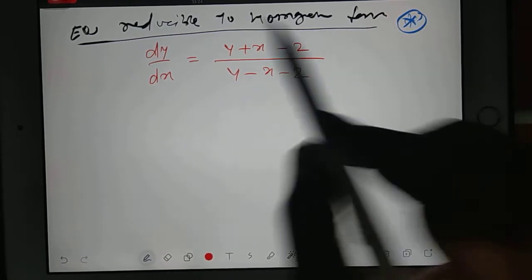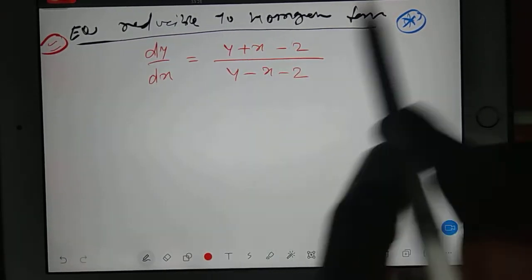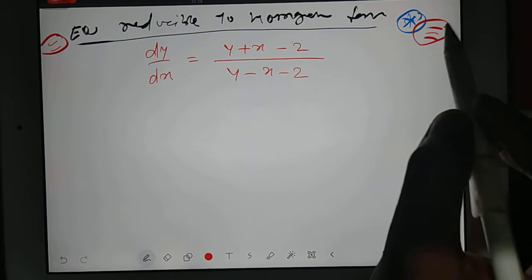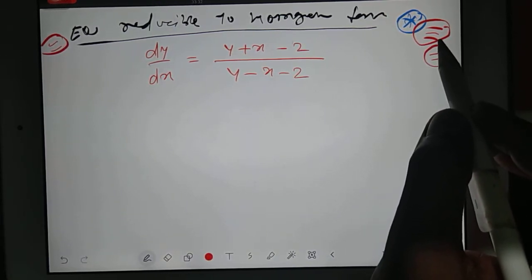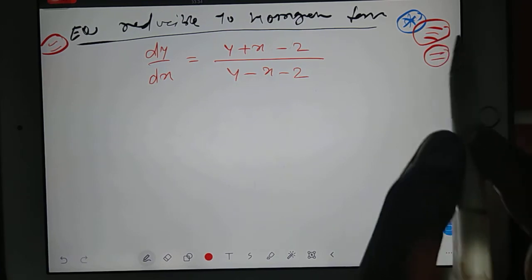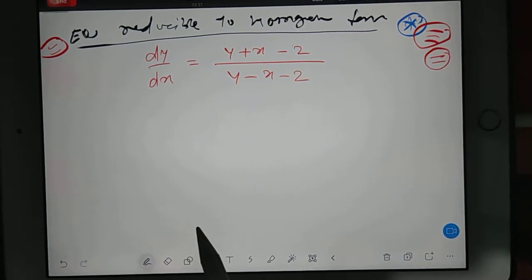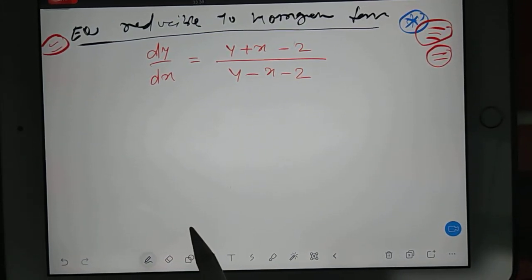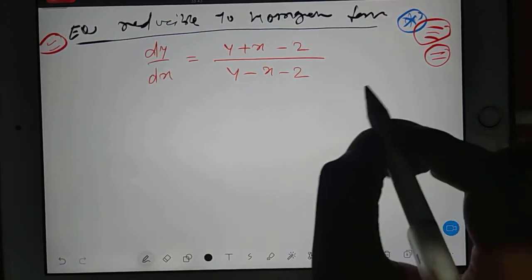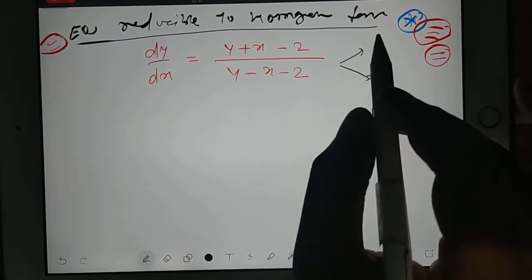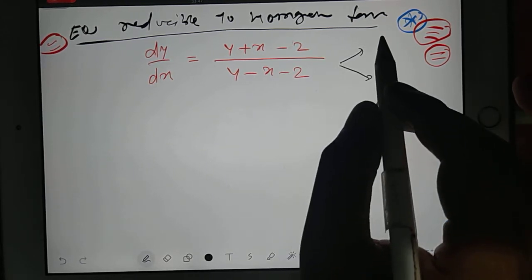But because I am teaching, you should revise one more time. What if the situation is very wrong, you are totally unlucky and they have given one question which is reducible to homogeneous form. So in this condition you have a procedure. There are two types of situations in this. You have to see the coefficients of x and y.